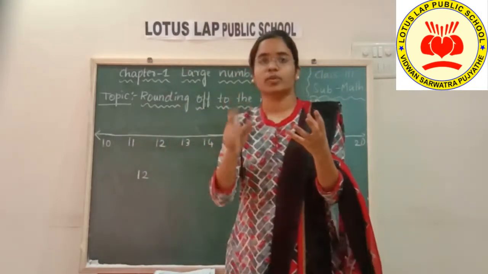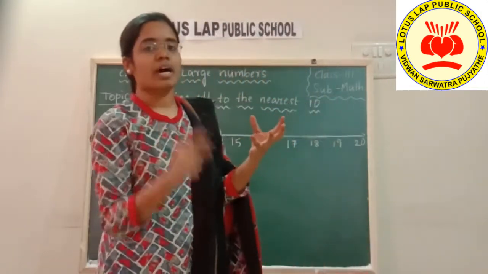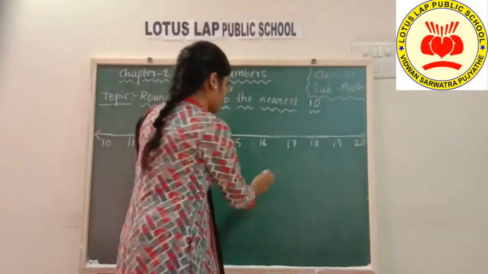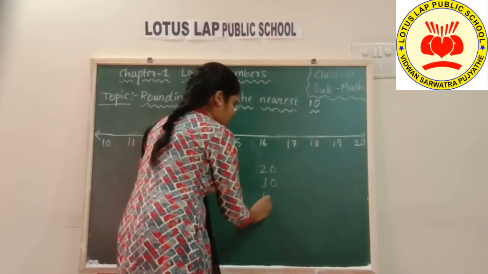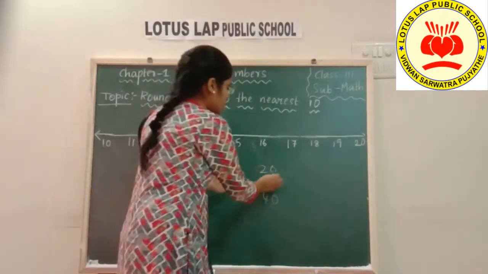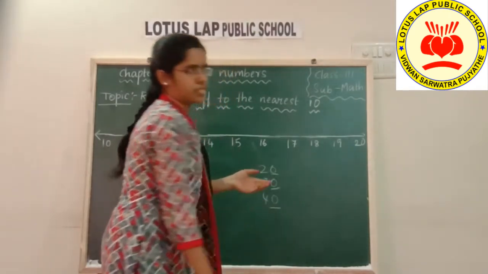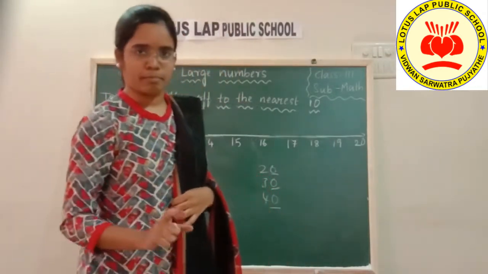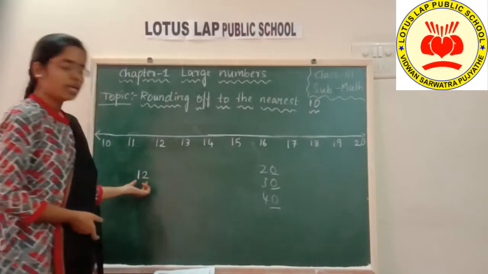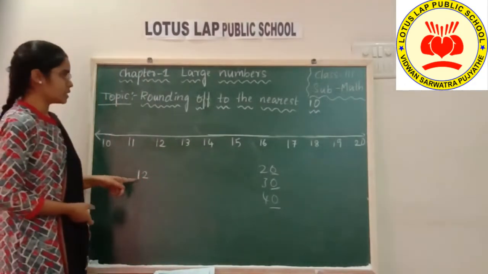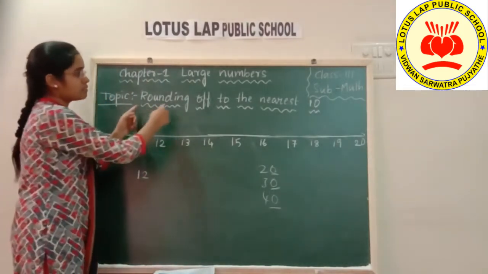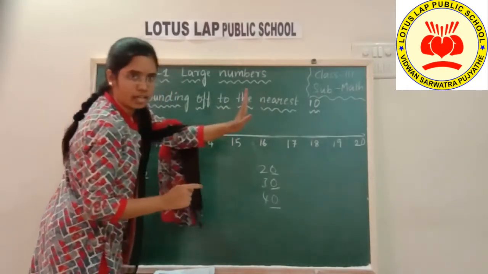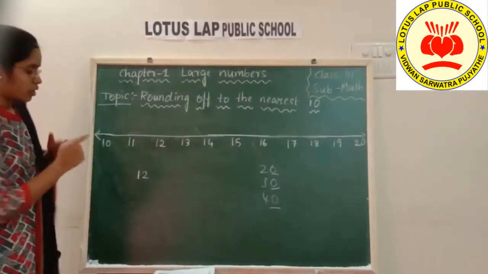For rounding off numbers, definitely the number is going to end with 0, children. It is going to have a 0 in its ones place. Any numbers like 20, 30, 40, but definitely it is going to have a 0 in its ones place. That is nothing but rounding off, or making a round figure of that number. Here I am taking the number 12. I want to round off this number to the nearest 10, as we are only discussing rounding off to the nearest 10. To the tens only we are rounding off the number.